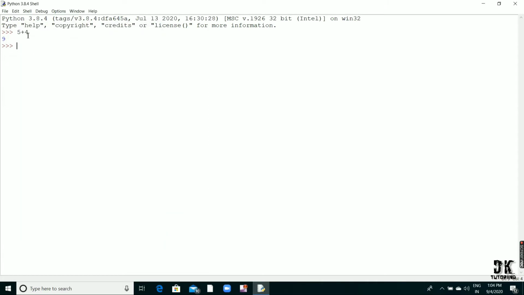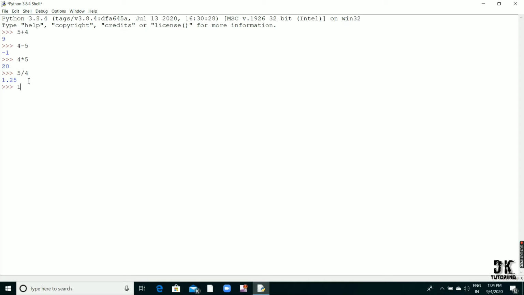Okay, see, 5 plus 4, I am getting here 9. If I write here 4 minus 5, see, I am getting here minus 1. So there is no need of declaring the variable. आप यहाँ पे सिंपल जैसे कैलकुलेटर में लिखते हो वैसे लिख सकते हो. ओके, आगे देखिए, अगर आप यहाँ पे मल्टीप्लीकेशन करोगे तो 4 इंटू 5, सी 20. ओके, 5 डिवाइड बाय 4, सी 1.25.